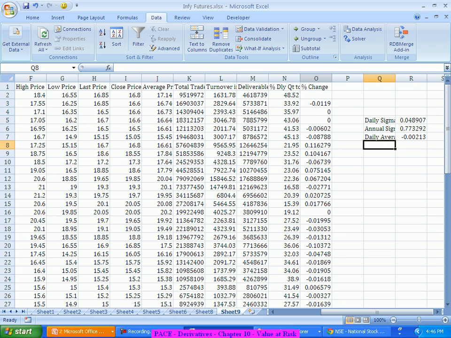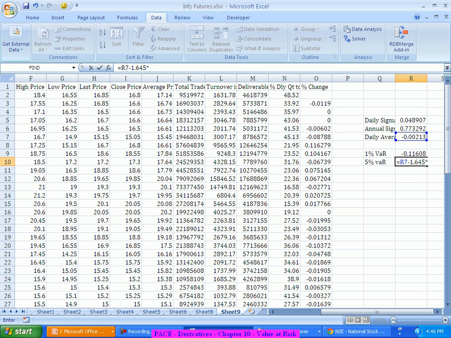This is my daily average, and from there I'll try to find out the 1% VAR and 5% VAR. The 1% VAR comes out as average minus 2.33 times the sigma, and the 5% VAR comes out as average minus